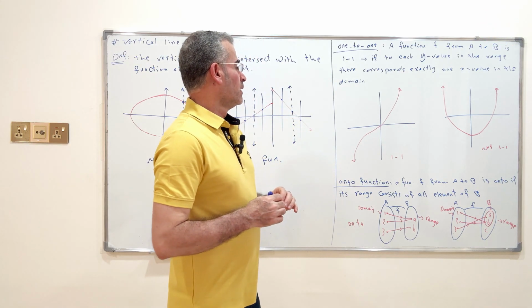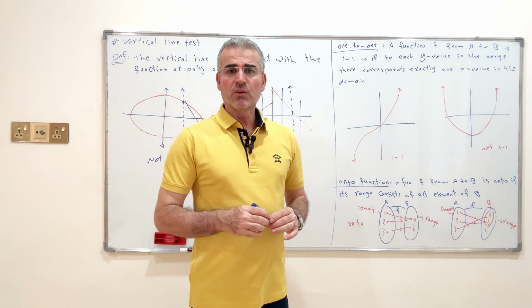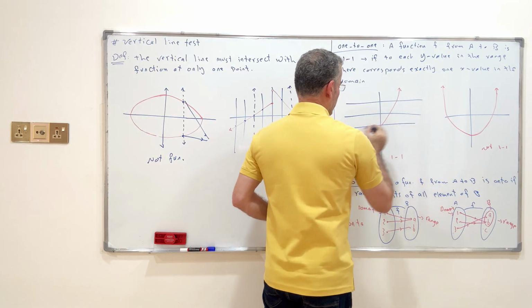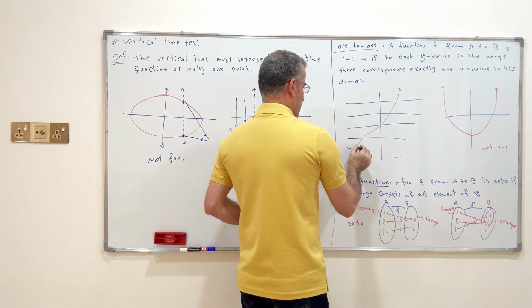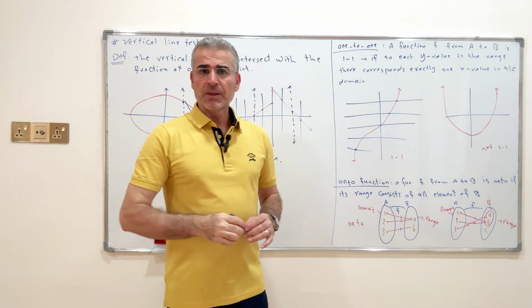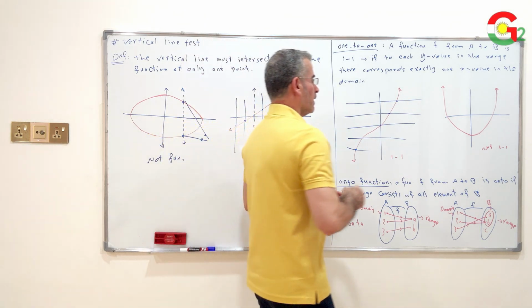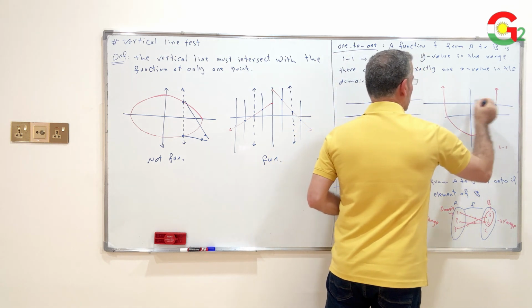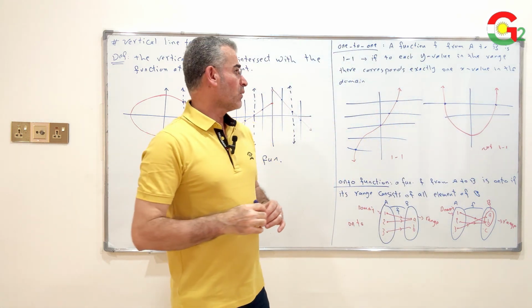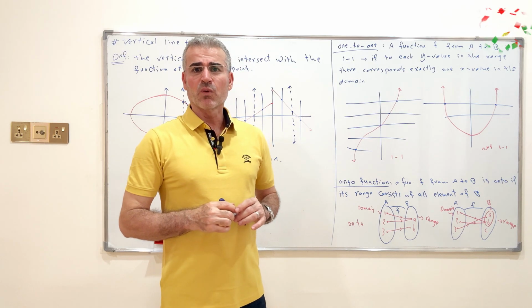We can know whether any graph is one-to-one or not by drawing a horizontal line. If the horizontal line intersects with the graph in only one point, then this graph is for a one-to-one function. If the horizontal line intersects with the graph in more than one point, then this graph is not for a one-to-one